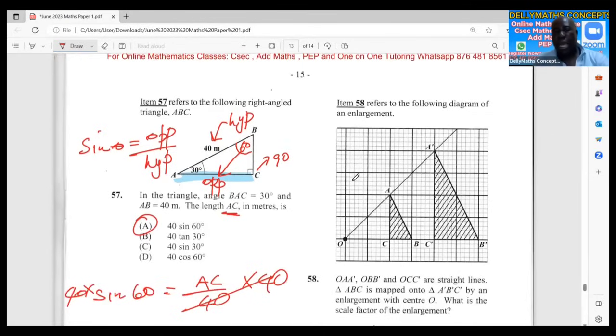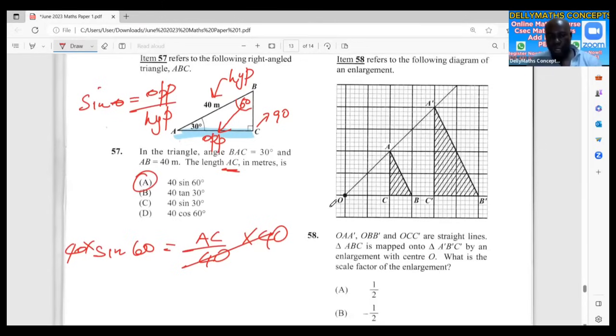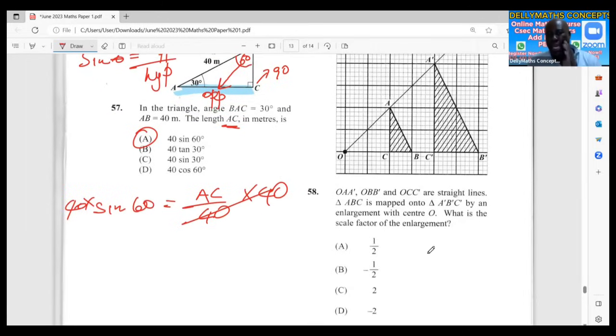All right. Item 58 refers to the following diagram of the enlargement. You have O, A prime, O, B prime, and O, C prime as straight lines. We're seeing those. ABC is mapped onto triangle A prime, B prime, C prime by an enlargement with center O. What is the scale factor? Concept of the scale factor. Scale factor